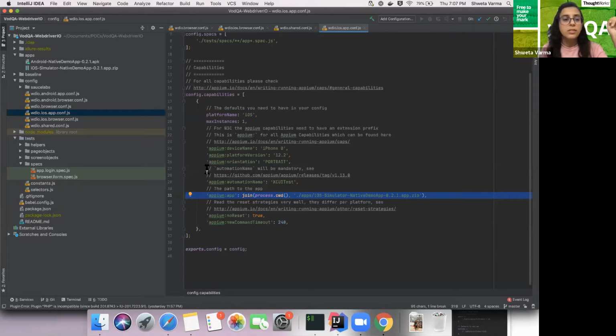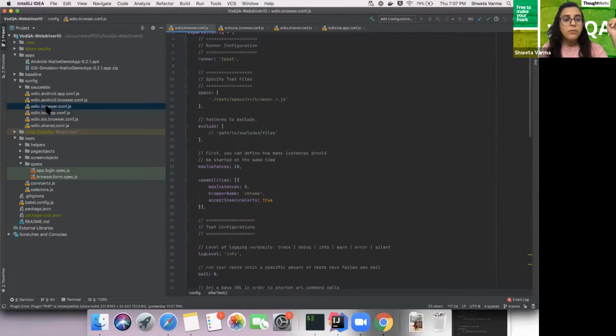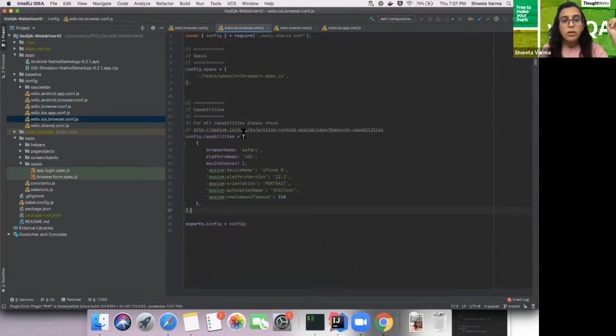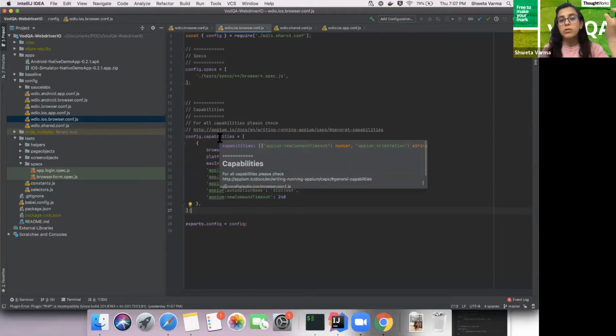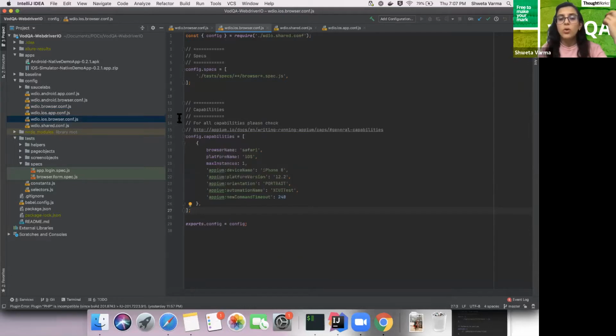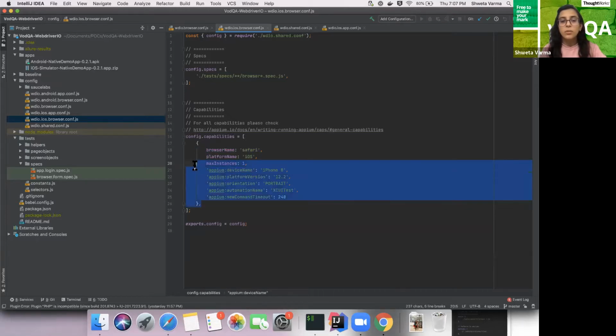So we have these capabilities. In a similar way, if we want to have it for a browser in a device, I have to mention which browser I want my tests to be executed in, which platform it should be, and how many instances. With devices it will be one instance only, and then again the device name, platform version, orientation, and all these are common things.